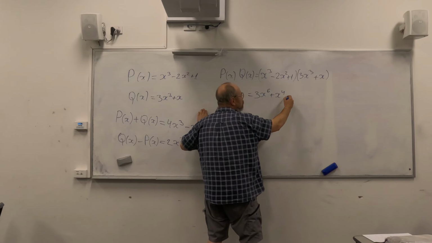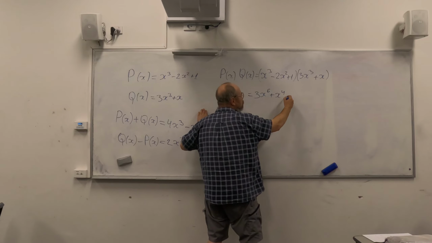Minus 2x squared times x minus 2x cubed. 1 times 3x squared plus 3x cubed plus 3x cubed plus x. And then we just need to collect like terms. 3x to the power of 6 minus 6x to the power of 5. I'm writing that in the order of decreasing powers, the highest power first, minus 6x to the power of 5,